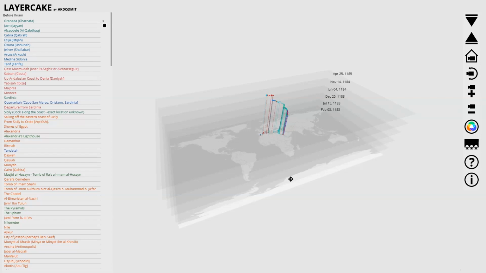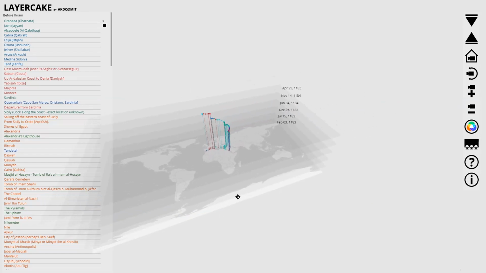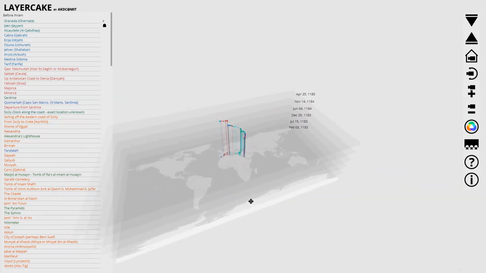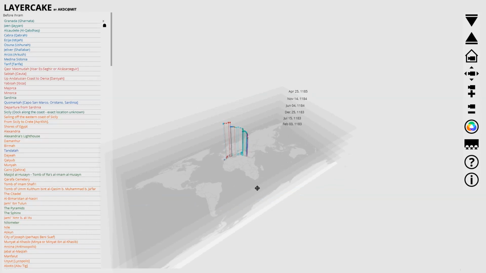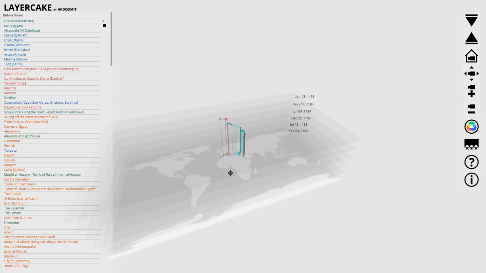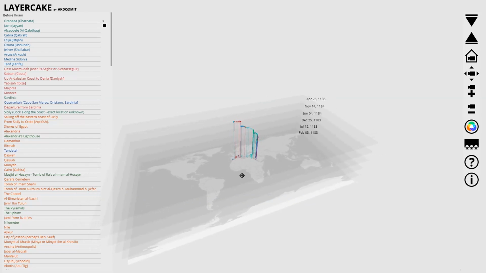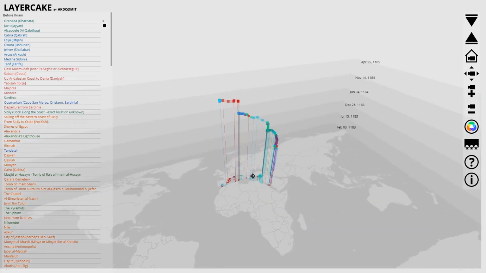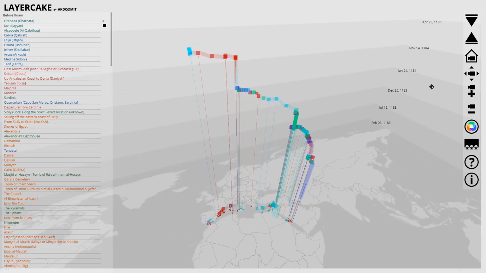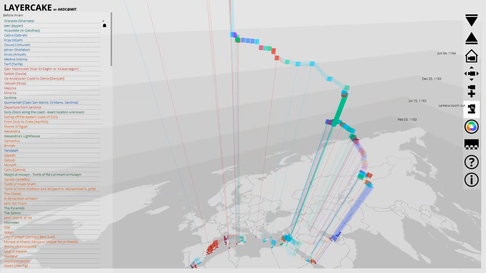Because the map is in 3D, and because there are different layers of information at the macro and micro level, it is important to understand how to control your view in Layer Cake. At the map, you can pan the camera by holding down the left mouse button and dragging in any particular direction. Alternatively, you can switch to orbiting the camera around its current focal point by holding down the right mouse button and dragging around. Hitting the camera orbit button will also let you do this with the left mouse button. Hitting the same button again will let you switch back to camera panning.